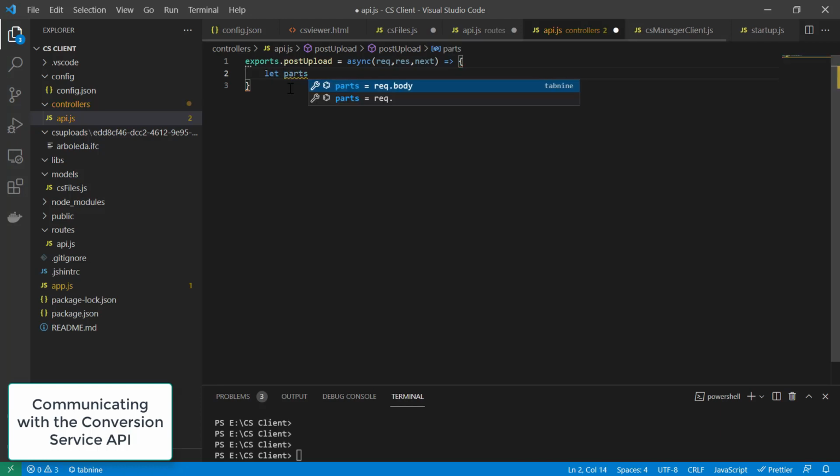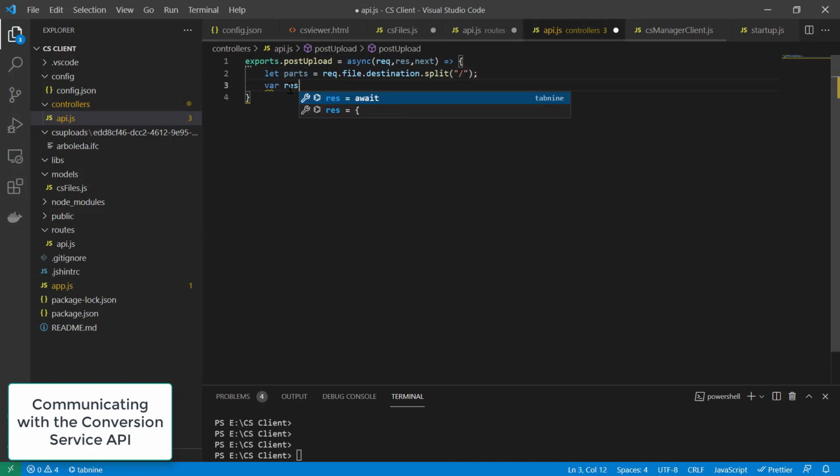That function will look at the file path that has been returned from Multer and essentially extract this temporary ID from it, and then pass it on into a new function that we're gonna be creating in a new module,